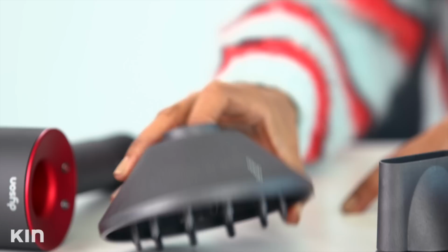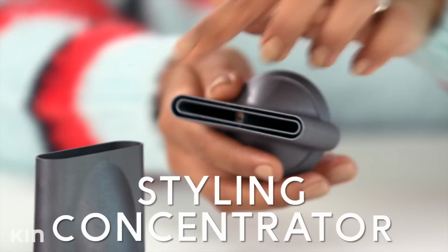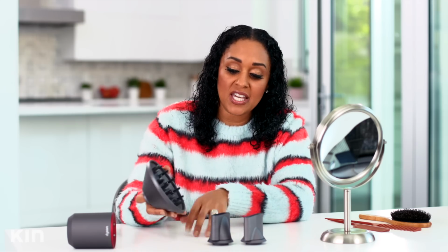The hair dryer comes with these 3 attachments: a diffuser, which is really cool, a smoothing nozzle, and a styling concentrator. To get the look that I'm gonna be creating today, I'm gonna use the diffuser. One thing that's really cool about these attachments is they're magnetic, so it just kind of clicks on, just like